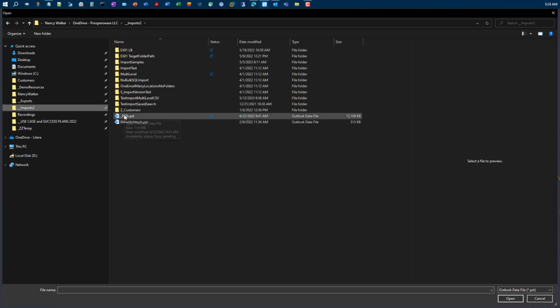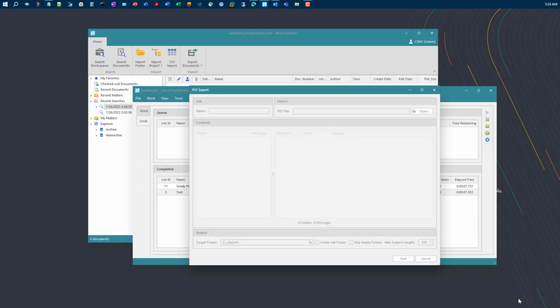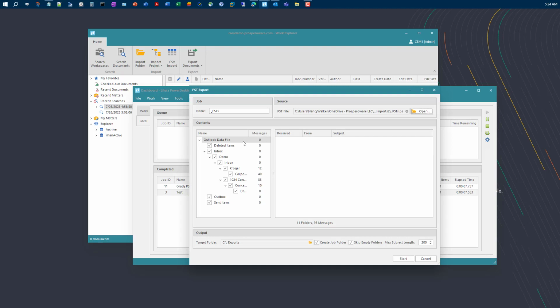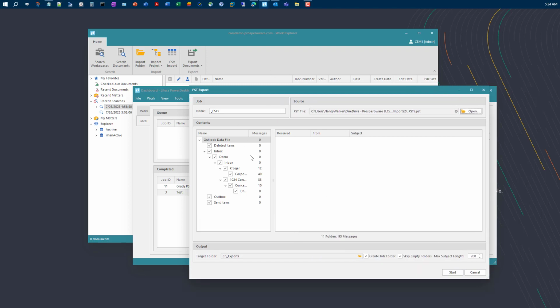And I have a PST. It's certainly not the size that you would encounter normally, but in the interest of time, I'm going to choose this one. And it extracts the PST. We haven't actually extracted the content yet, but it extracts the PST in this panel to show you what the